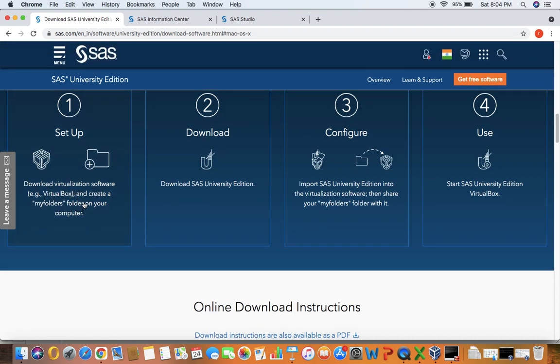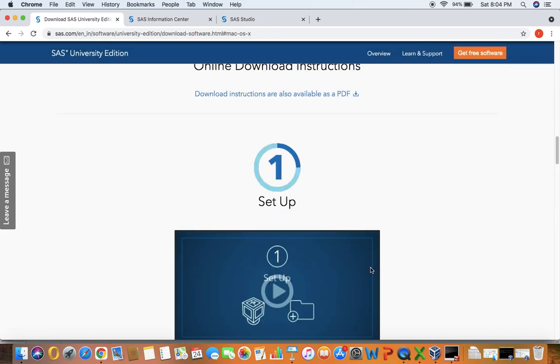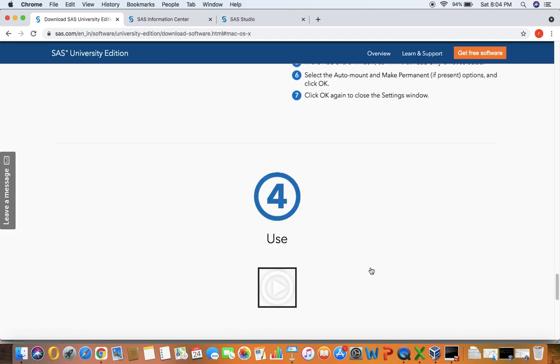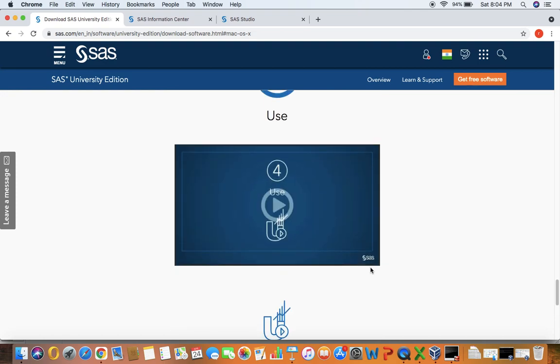First you need to download VirtualBox, then you need to download the SAS University Edition, then you need to import it into VirtualBox, and then you have to start using the SAS University Edition. So that is how you can use SAS on the online platform and start practicing. All the steps are given on the website. So guys, don't waste any time.